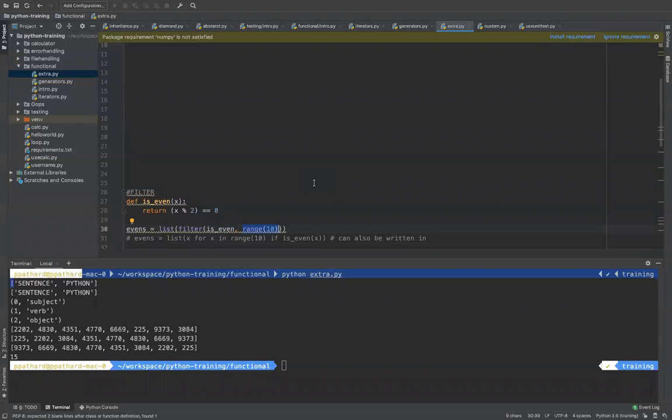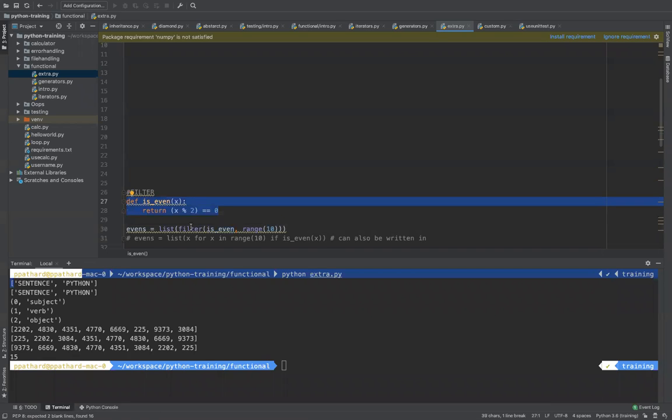Now for every element I want to check whether the number is even or odd. If it is even, only then put it in the result, otherwise don't put it in the result. So filter means this function, whatever you call, if it returns a true, only that value will get added to the output. That is the meaning of filter.